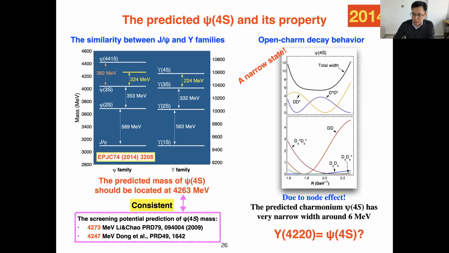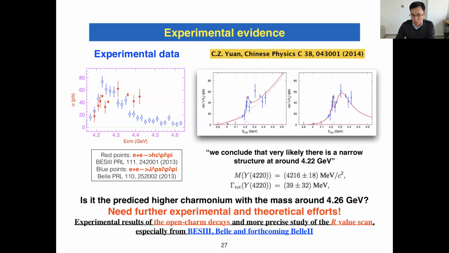So it means that we can conjecture that the psi(4S) just corresponds to the Y(4220). So I think this assumption should be tested in the experiment. So in the following, I also want to introduce some experimental evidence for the nanostructure existing at 4.2 GeV